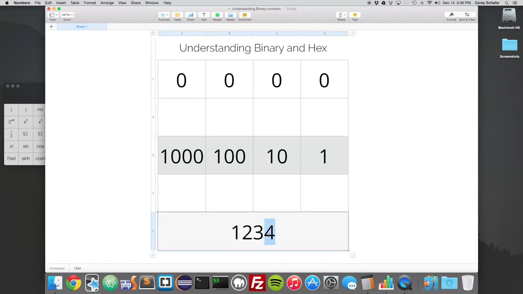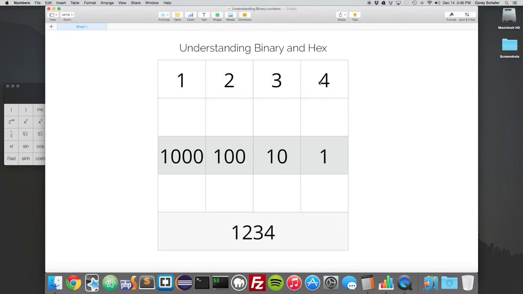If we look at this, we know that the 4 is in the ones place, 3 in the tens place, 2 in the hundreds, and a 1 in the thousands. So if I write this out, you can see that the 4 is in the ones place, 3 in the tens, 2 in the hundreds, and 1 in the thousands. Our result down here,